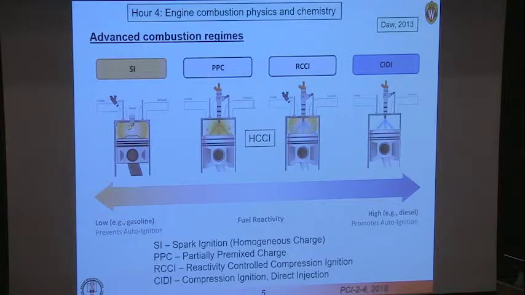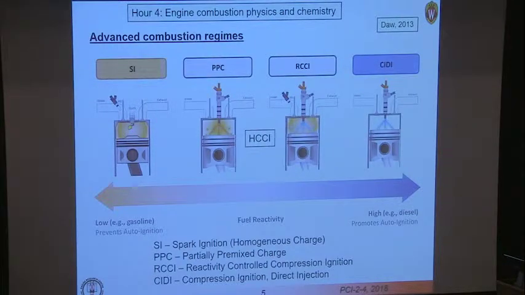So this is a nice summary plot of engine combustion regimes put together by guys at Oak Ridge, where they start off essentially by looking at the fuel reactivity. So a fuel that has low reactivity, such as gasoline, and this is chosen and designed to try to prevent auto-ignition, is what you use in a spark ignition engine. You rely on the spark plug to ignite the charge, this yellow mixture that's pre-mixed, and a flame to propagate